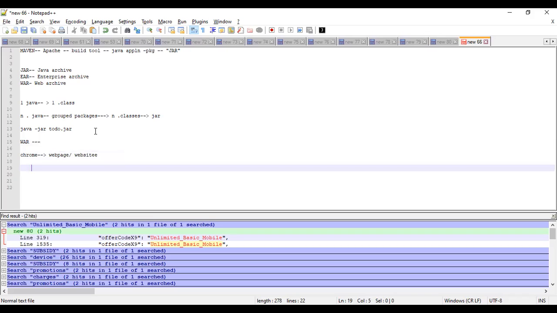So how does that web page look? It is built on HTML, which has some CSS files, which has some static content. Then it has some JavaScript code, which is used for your client-side evaluation. All these are together present in your front-end view. And in the back end, you have your back-end program, which might be connected to any database, and this can be deployed in a Tomcat server or a Glassfish server or something. So this particular package is said to be a web application.